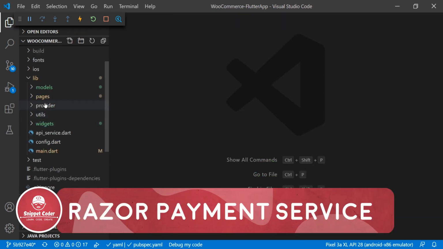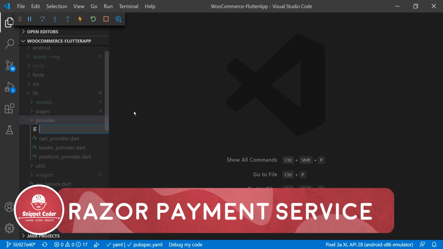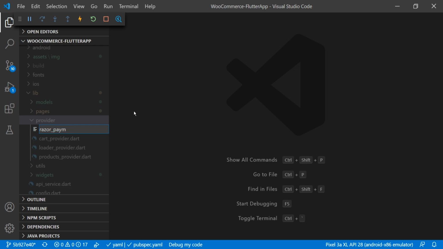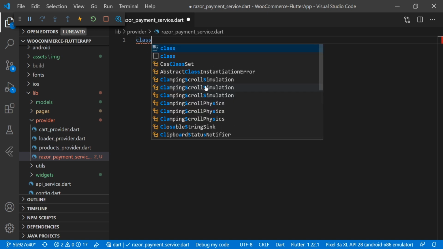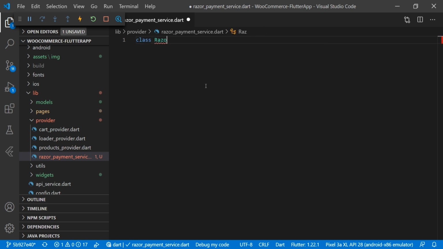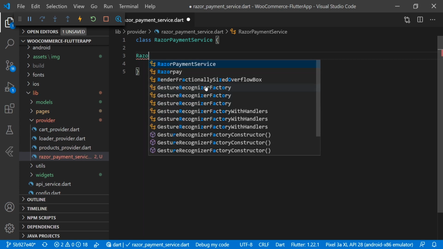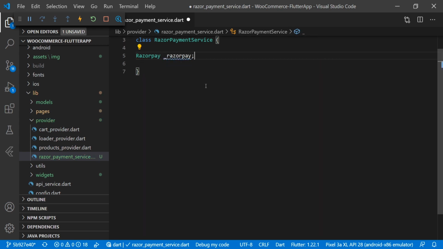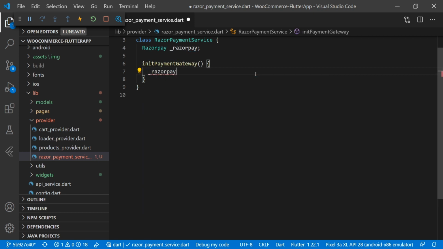Now we will create one class and name the file razor_payment_service.dart, and we will name the class RazorPaymentService. Here we will create the object Razorpay _razorpay, and a new method initializePaymentGateway, where we initialize the object: _razorpay = new Razorpay().